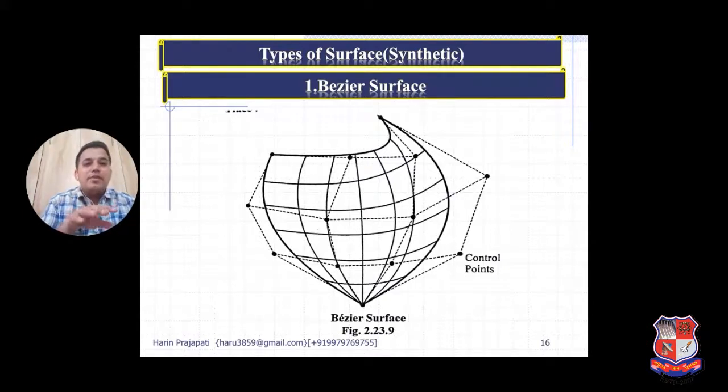If I want to prepare a mouse, I take one surface and then change my control points, so I can create a mouse. Such advanced synthetic surfaces are there.